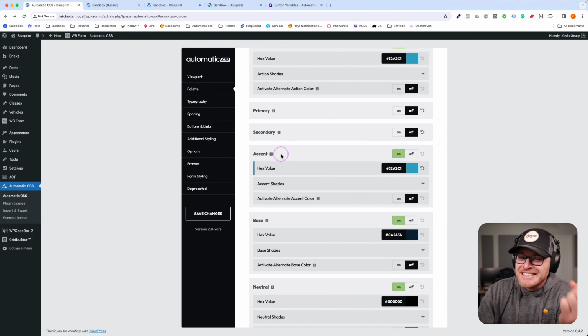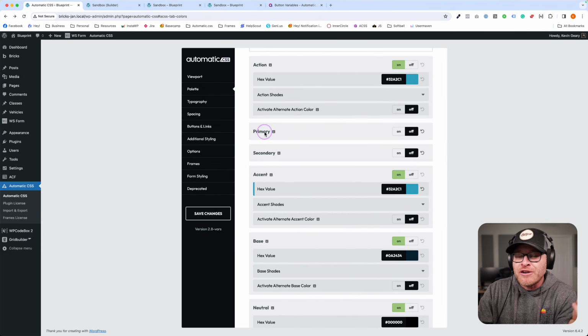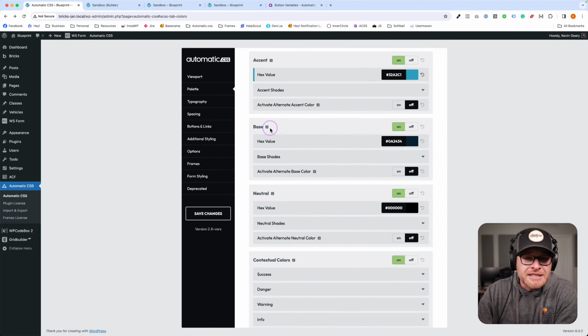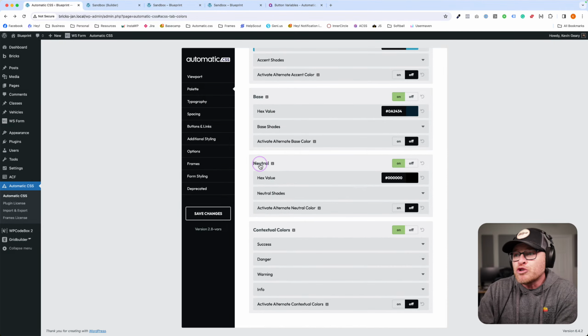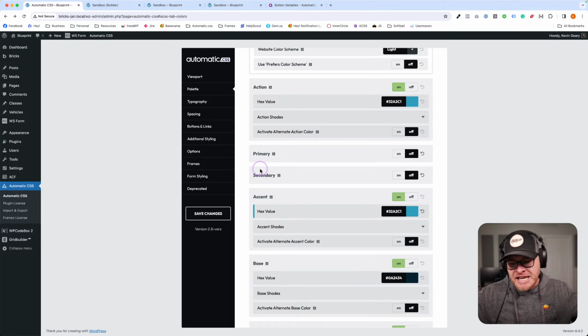Accent is contextual already. Action is contextual already. Primary is not contextual. Secondary is not contextual. Those can be used however you want to use them, which is a problem. I'm not going to say that's not a problem. There is a problem there. And base is not really contextual. Neutral is not contextual. So to me, what I've been thinking about is we need another abstraction layer